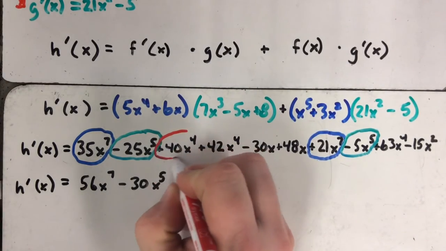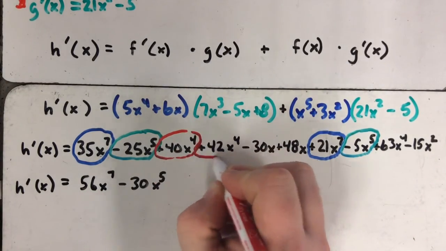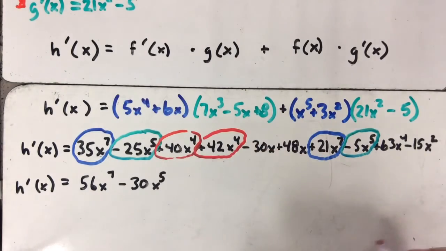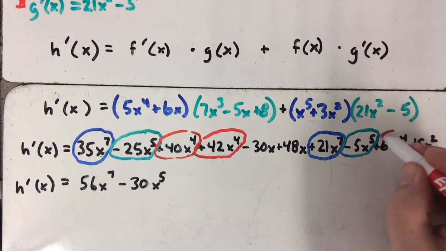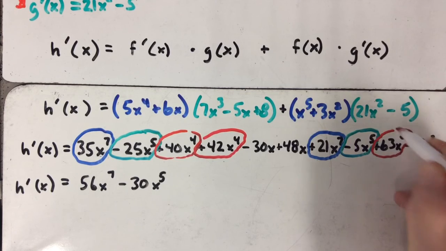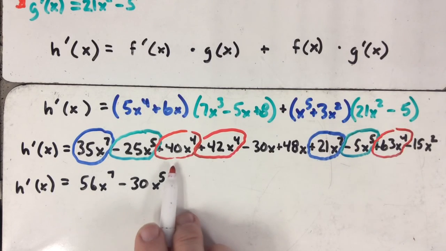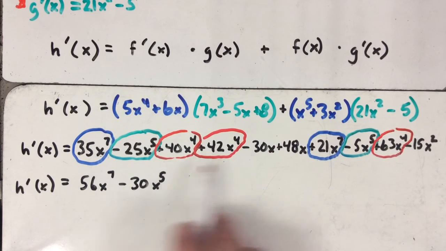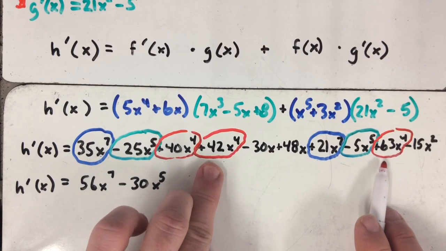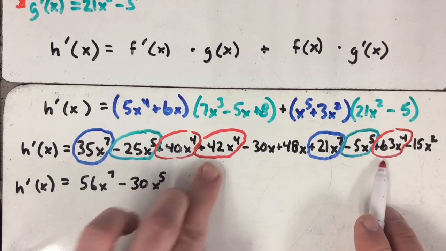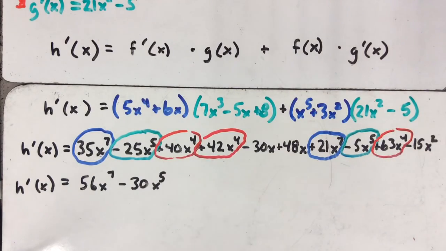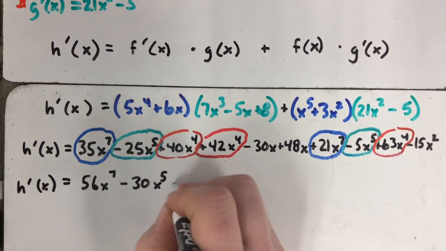There's 40 of them here, plus 42 more there, plus 63 here. So let me do these two first: 42 and 63 would be 105, and then plus that 40 would be 145. So 145